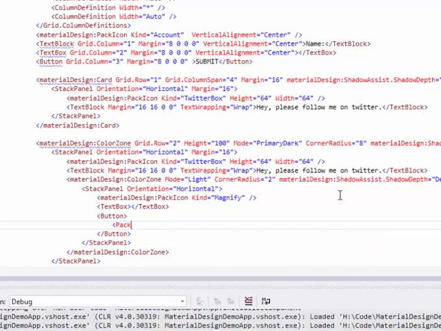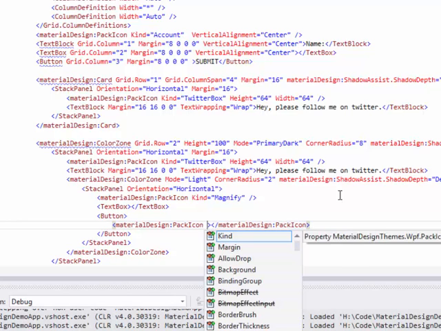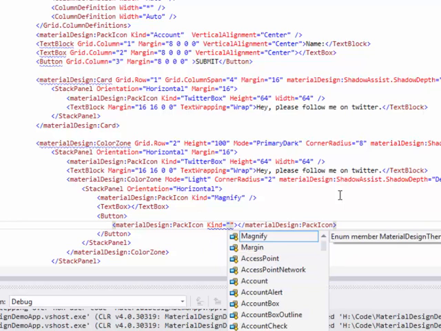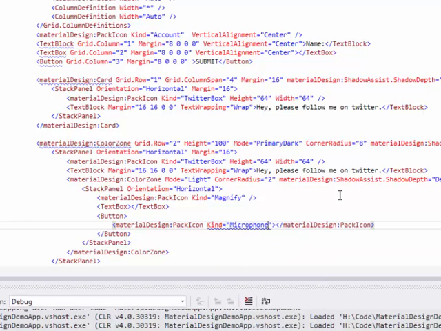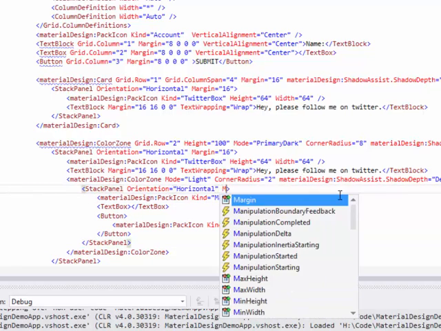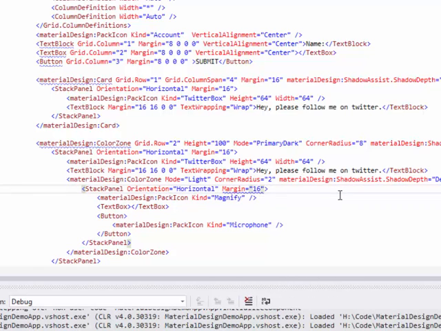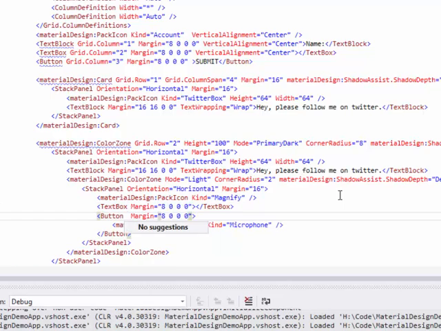So again, pack icon. Now we're not going to be there at the first run, but I'll show you how we can get there. I know straight away we're going to want a little margin. We want a bit of padding. Can we do that? We can't do it on there, can we? So, yeah, sorry, yes. Let's put a little margin around there. And the margin here, let's go 8, so the controls don't stick horribly to each other. Let's run this up and have a look